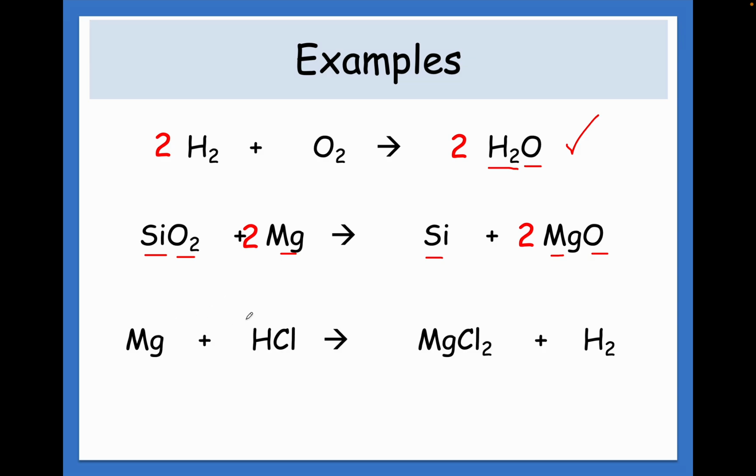We have magnesium, HCl, and that makes magnesium chloride and hydrogen. So we have magnesium. Magnesiums look okay. They're going to balance 1 to 1. All right. So we have 1 hydrogen, but only 2 hydrogens over here. We have 2 chlorines and 2 chlorines over here. So the easiest way to balance that is to put a 2 in front of this, and it falls right